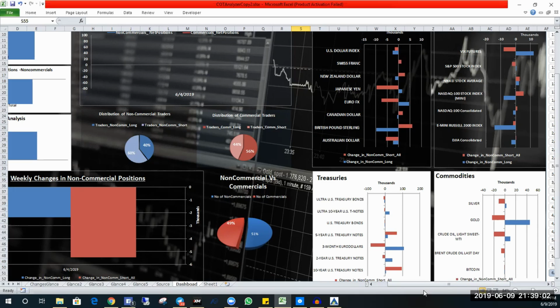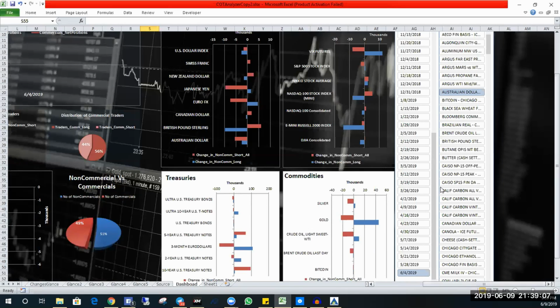All right, so back to the sentimentals. Let's see what we have for the week. Given the last report, the US dollar. Let me bring up my annotation tool so I can do that quickly. Okay, my annotation tool is here. So the US dollar: you can see that they reduced their long position, and their short position was also reduced.